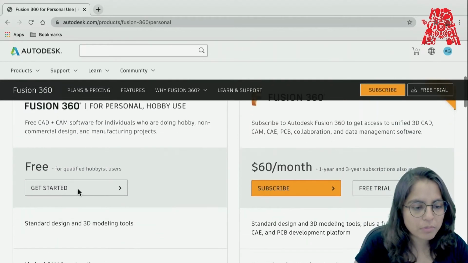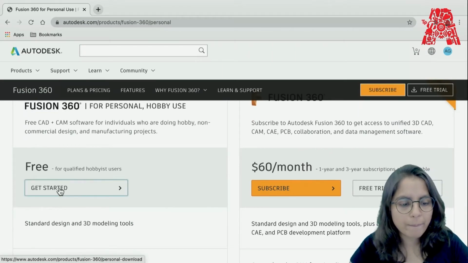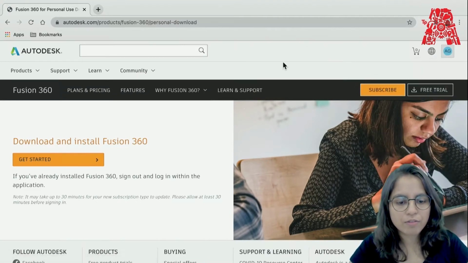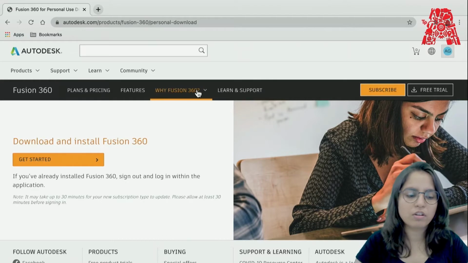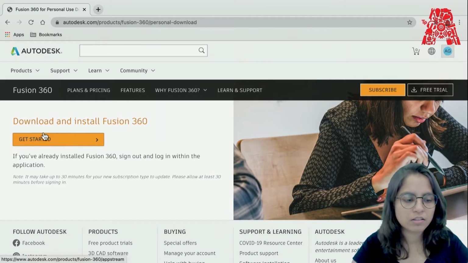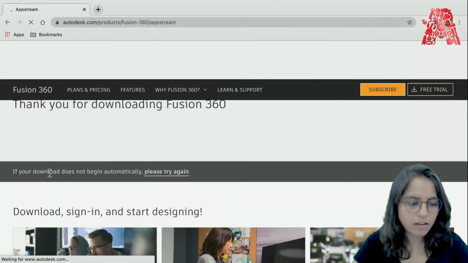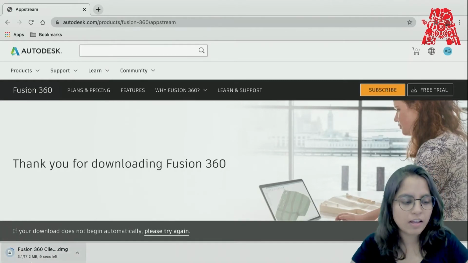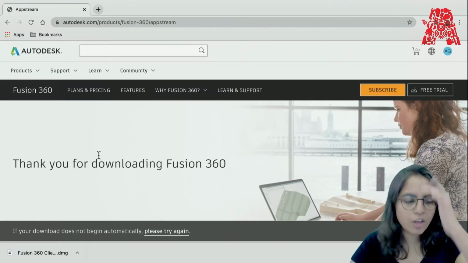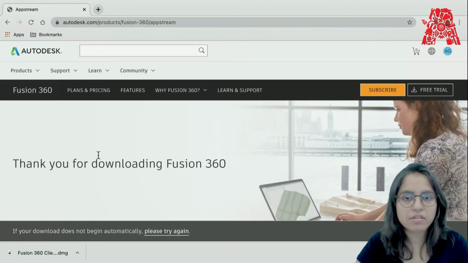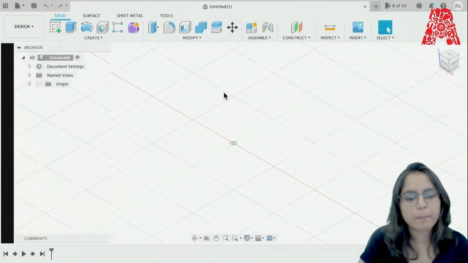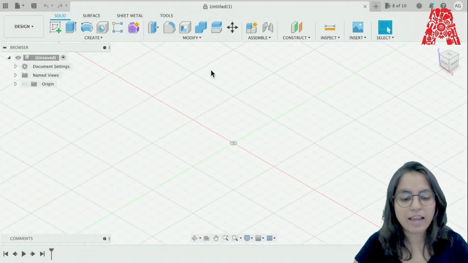So I will click here on Get Started, and I have already logged into Autodesk actually, but if you haven't yet, you'll have to log in first to get the free version, and to download and install. Then I will click on this, and it will start automatically. So yeah, after that I just have to install it and all of that, which I've already done. So that was the downloading process, and then let's open it. Now this is an empty project,